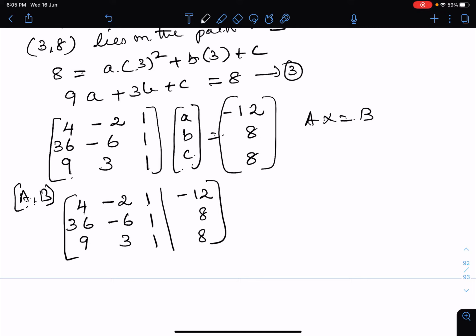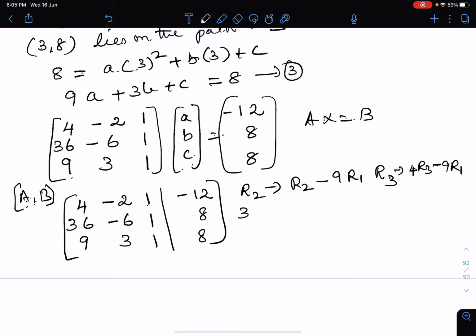So here row 2, you are going to reduce it. So row 2 minus, to bring this 36 you have to multiply by 9, isn't it? So 9 R1. And similarly our row 3, there is no common factor in row 3, so you are going to just cross multiply. So 4 into row 3. 4 R3 minus 9 R1 is going to give your answer.